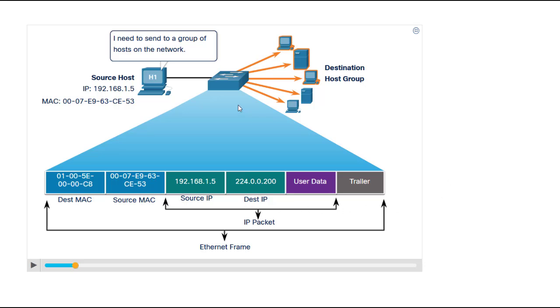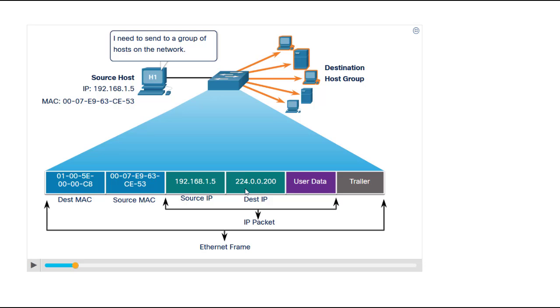A switch will flood a multicast frame out all Ethernet switch ports except the incoming port, unless the switch has been configured for multicast snooping. A router, on the other hand, will not forward a multicast frame unless specifically configured to route multicast packets. In the IP multicast packet encapsulated inside the multicast frame, the member devices of the multicast group will have a multicast group IP address within address range